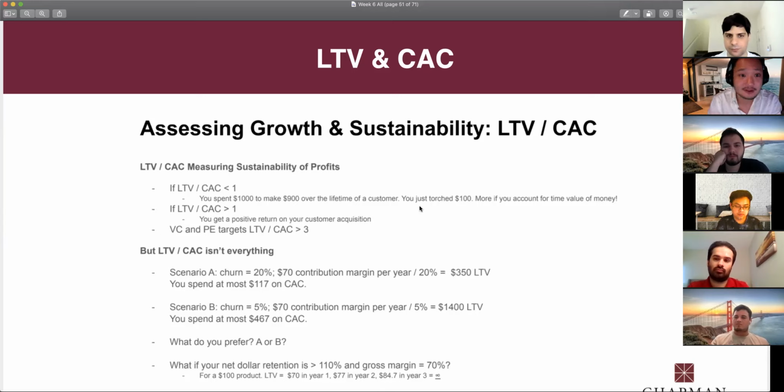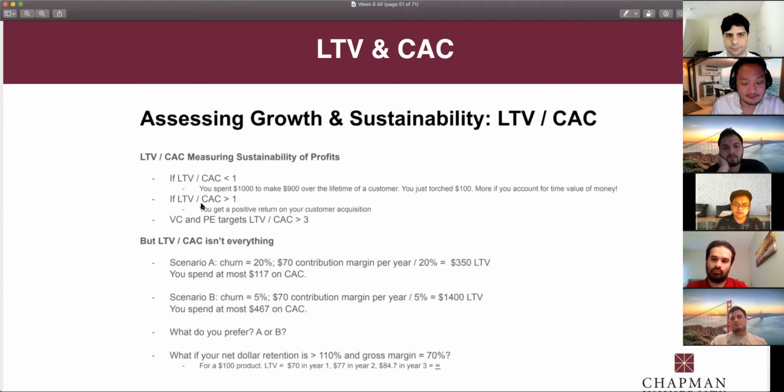You think that eventually, if you fix a couple of bugs, or if all the people who don't like your product just fall out, your LTV to CAC ratio is going to improve. But so many startups fall into that trap of pouring more and more money in, and it never goes anywhere because they never find product market fit. This is a really good indicator, if you use it right, to find out pretty quickly if there's any potential. If LTV to CAC is larger than 1, you're in great shape.